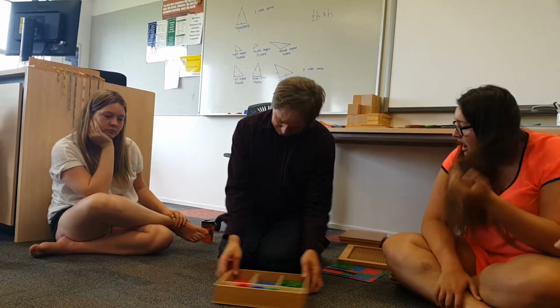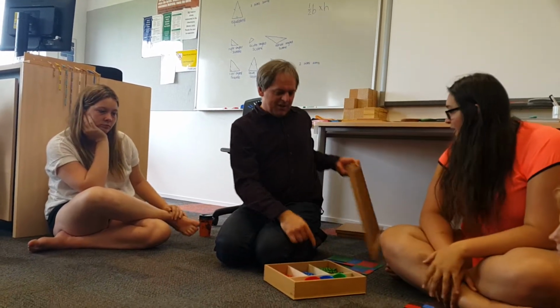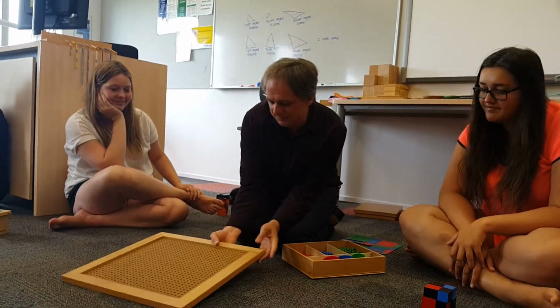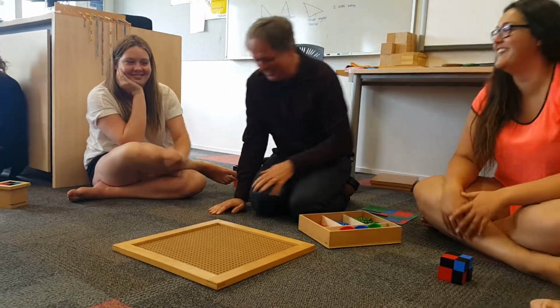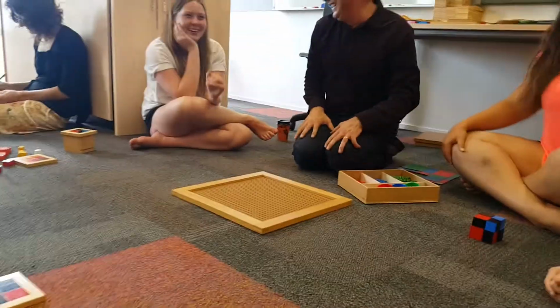This is called the peg board, because those are pegs and this is a board. No. Board is yellow. Why is it